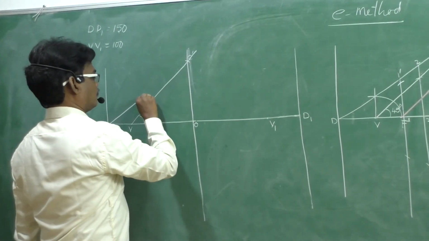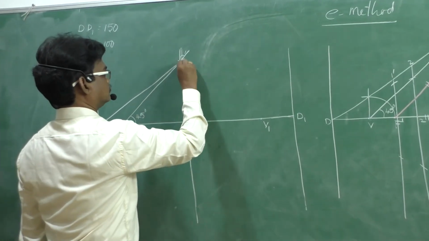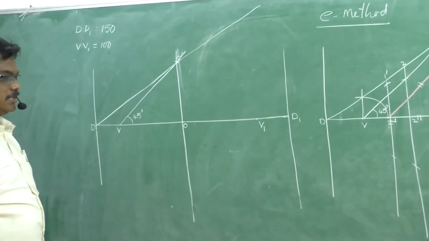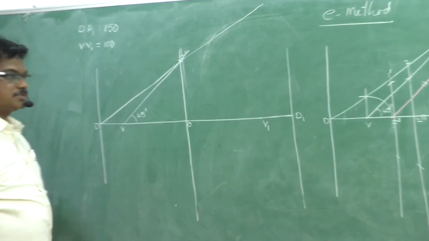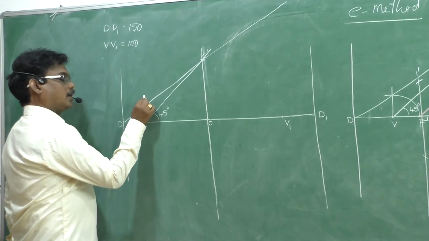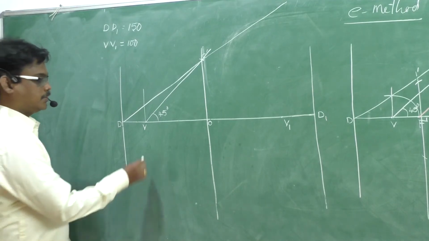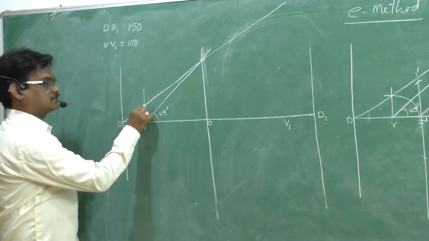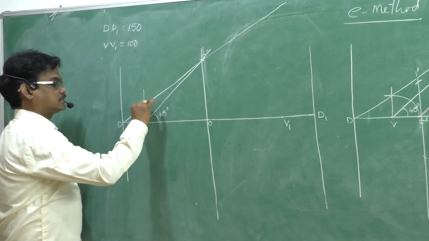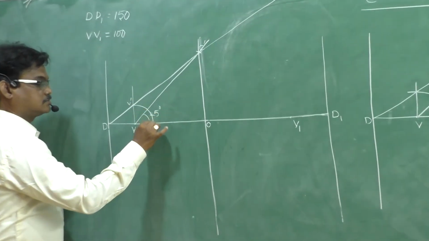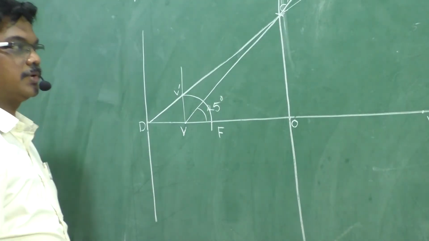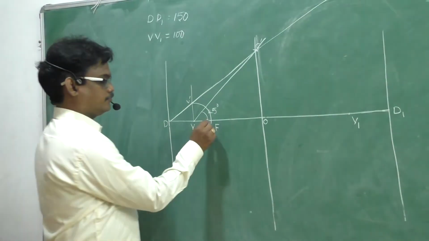Now, we can draw the proportionate line. Once you draw the proportionate line, from V, draw a perpendicular line. Right? Now, V as center, V dash as radius, rotate like this. Now, this point is nothing but F. Okay? Once you get F,